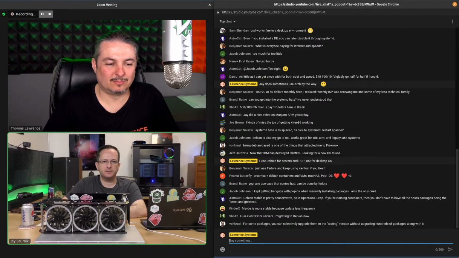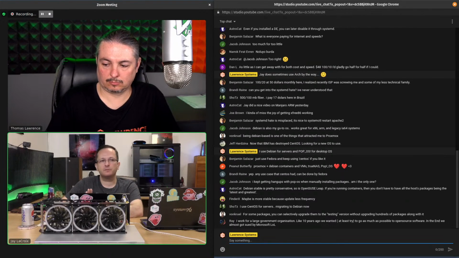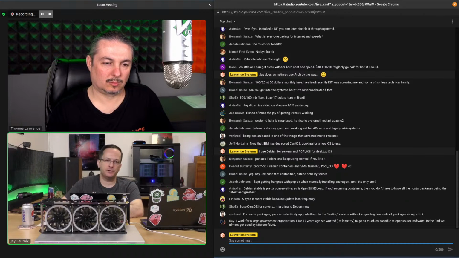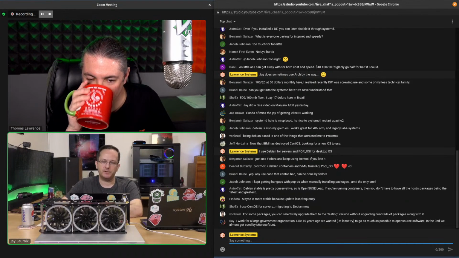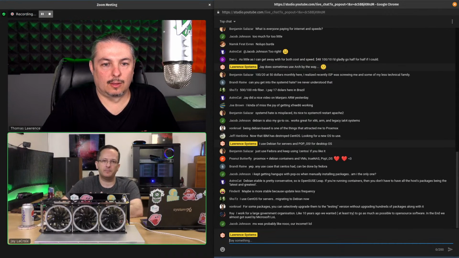Last I checked, that's not supported. You can do it. Many people do. Many people have no problem with that. And a lot of desktop users will do that because they may need a new GUI app or something that isn't in the repositories, and they don't want to wait the 1.5 or 2 years until the next Debian comes out. They want that package right now, but they don't want all the packages updated to unstable or testing. They just want that one thing. Unless that's changed, it's not supported, but you can do it, and I don't really recommend it. I just want to let people know that it exists as a concept because you'll hear other people doing it.